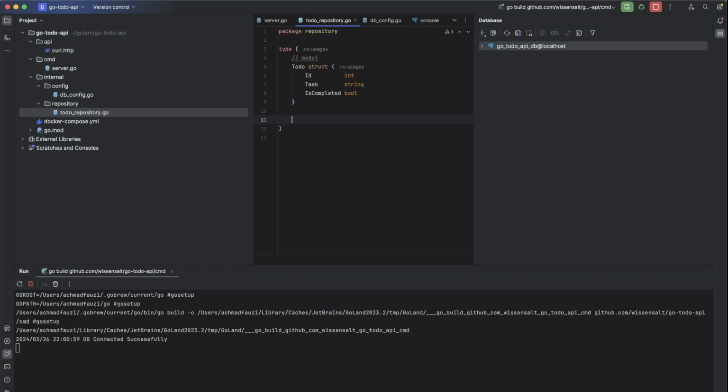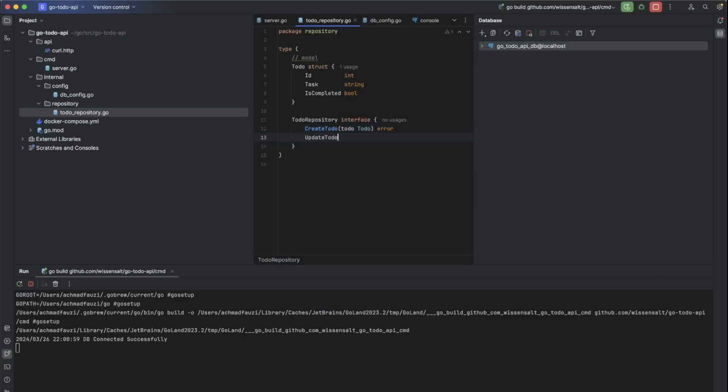Okay, and then we will create the interface, todo repository interface. It will be able to create todo. It has todo parameter and it will be returning an error if there is any.